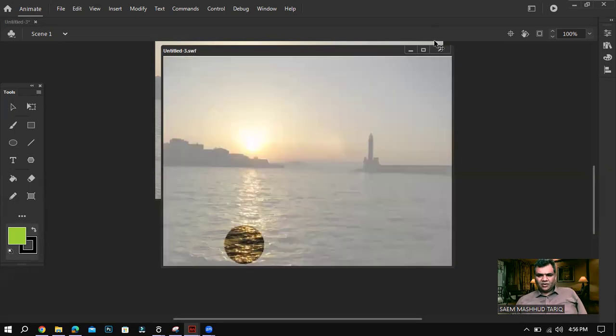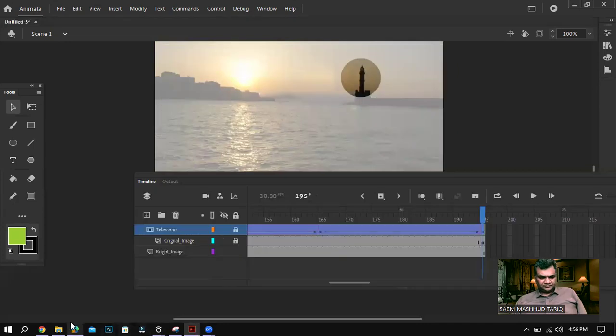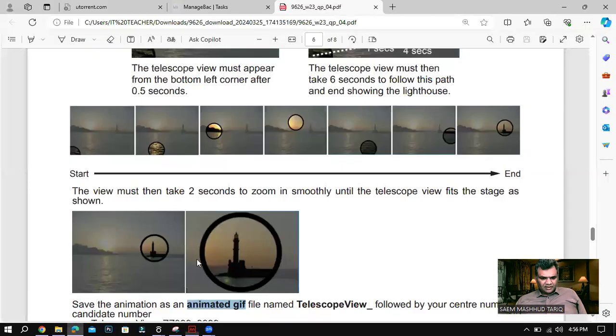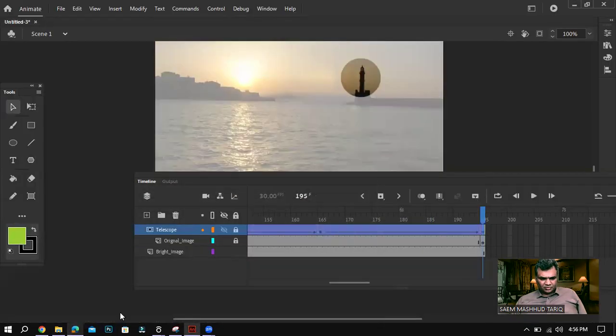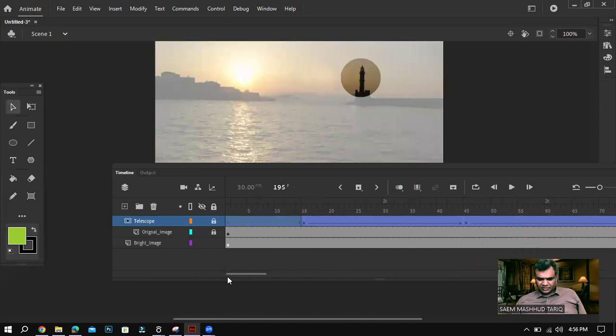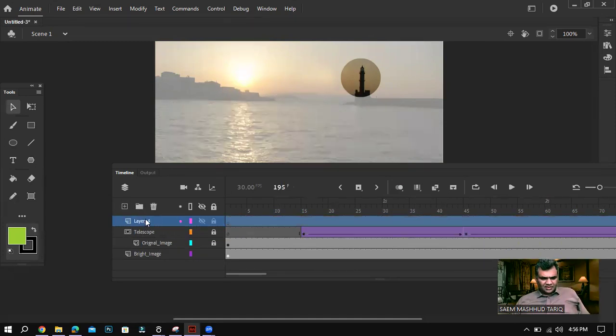Right. Now what we need to do is let's have a look. Now what they're saying is obviously the important thing is we have to make this ring of the telescope. So for that, what I'll do is it's very simple. I have to create the ring and the ring goes along with it because actually the circle is a mask. It's an object that has been converted into a mask. So I'll click on this and I'll name it as the